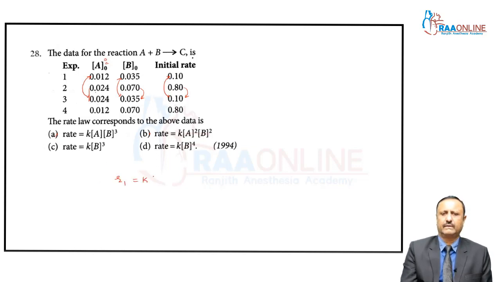Now we can see the C and D options. R1 is equal to K into concentration of B. My dear students, for R1, you take the concentration 0.070, and the initial rate is 0.80. So you can get the initial rate 0.80 equal to K into 0.070. Now my dear students, let's say R1, and what is R2? R2 is 0.10, and the concentration becomes